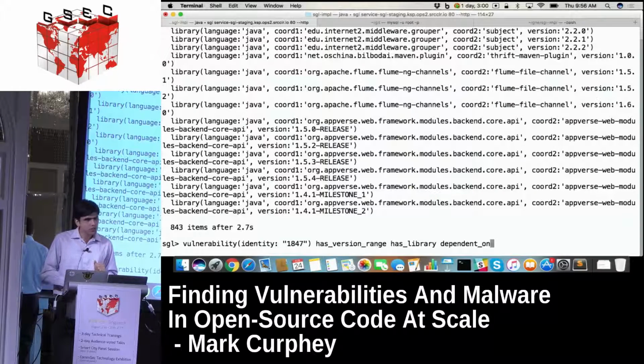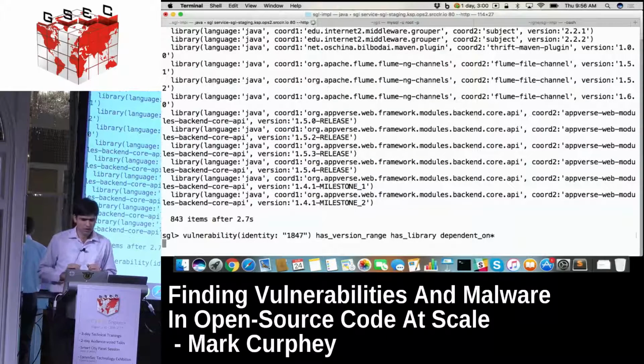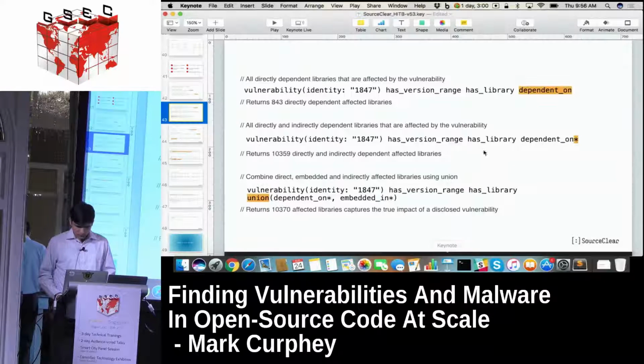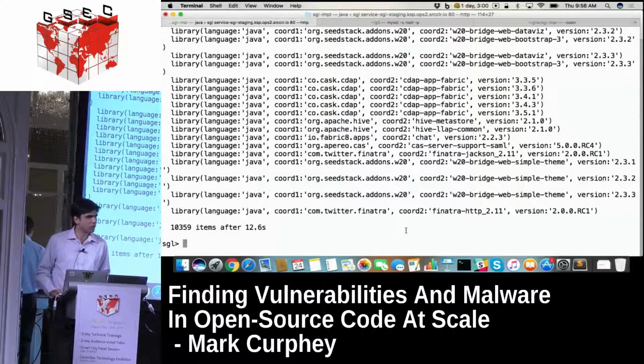And now, if you want to see the entire thing, which is all the direct and indirect ones, you just add a star. I think this will take a few seconds to return. But once it comes back, you'll see there are actually 10,000 plus libraries which are directly or indirectly affected by this vulnerability. Right, there you go.